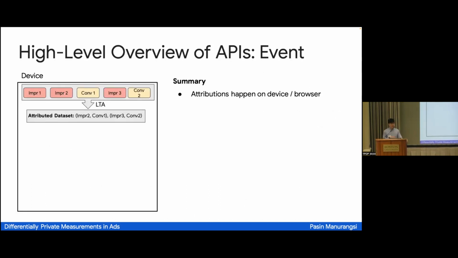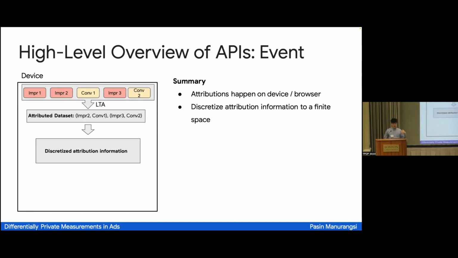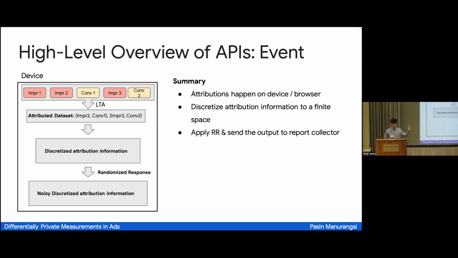Now I will also quickly talk about the event level API. Event level APIs are the APIs that try to return for you an event level report, not just aggregated, but a report for every single event. The first step is similar to before: the attribution happens on device, but then you somehow discretize this attribution information into some small finite space, and then you do randomized response. The result of the randomized response is what you send to the report collector,